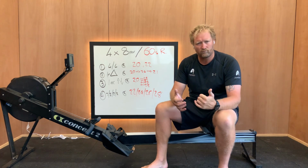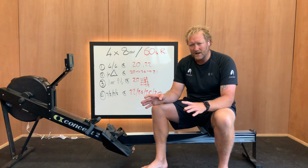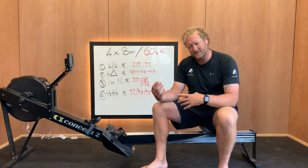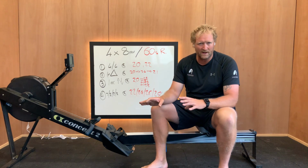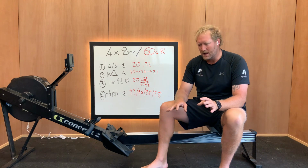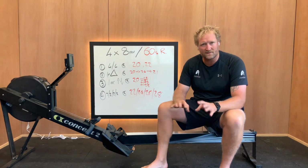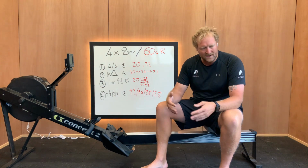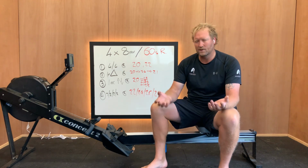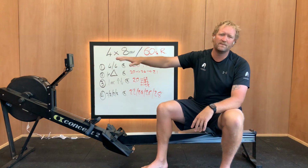And we should be able to pump it out. Okay, so remember as well, if this is the start of your week or later in the week, how you're feeling dictates how the session goes. If it starts getting a little bit heated, say you're getting a bit flustered during it, just take it down a little bit. You don't have to hit the same ratings, but just try and do something. Because at the end of the day, we're here trying to help that form and technique and rhythm, learning about ourselves,